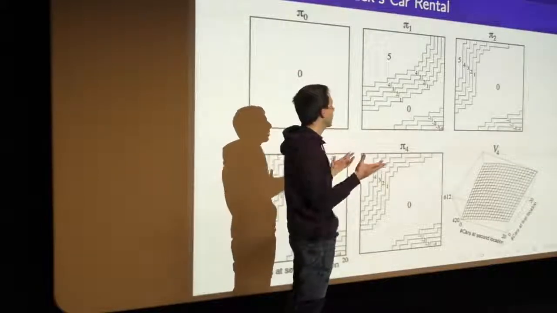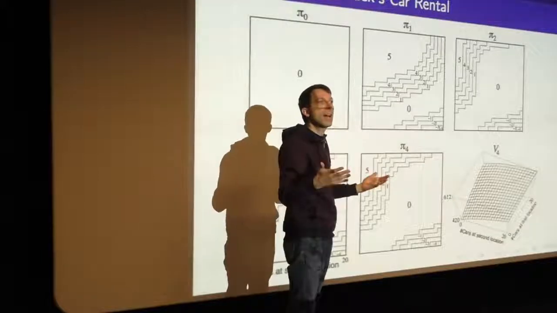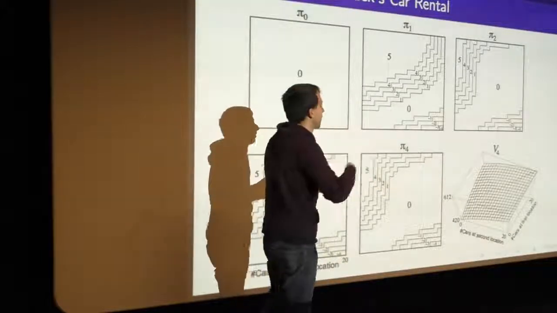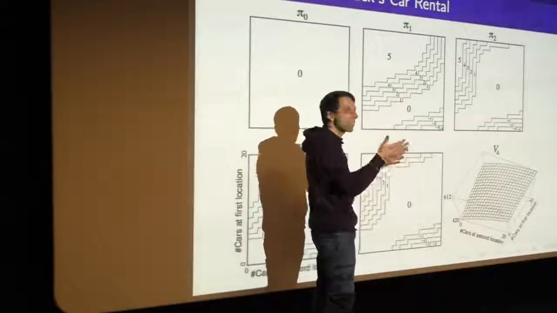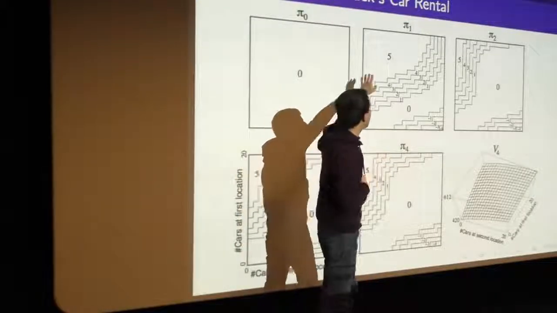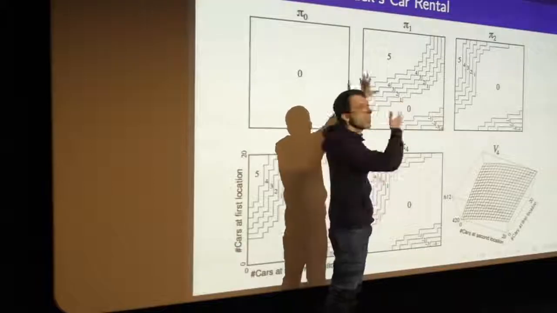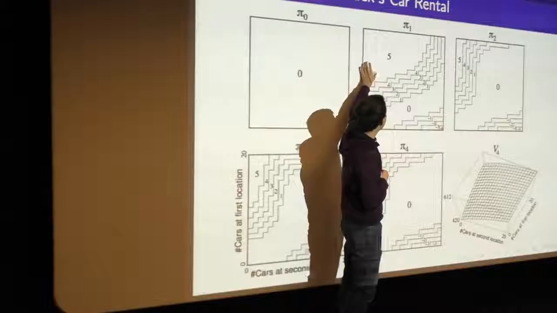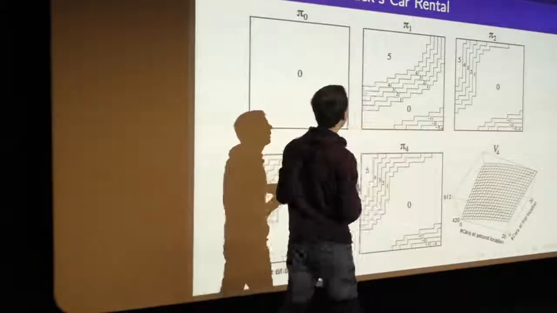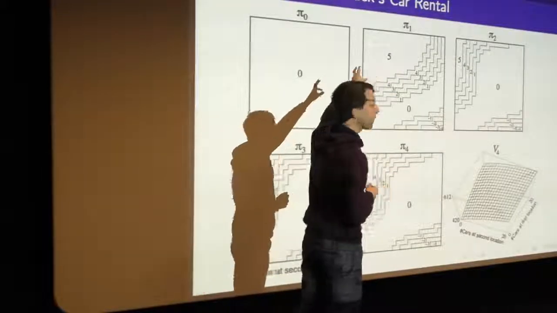We basically pick the action which, according to my current value function, looks best. So I do a one-step look ahead, take the action which looks best according to my current value function, and that gives me a new policy. And we see that immediately after one iteration we gain some information. We see that, on the whole, we think that we should be shifting cars over, around 5, from location A to B